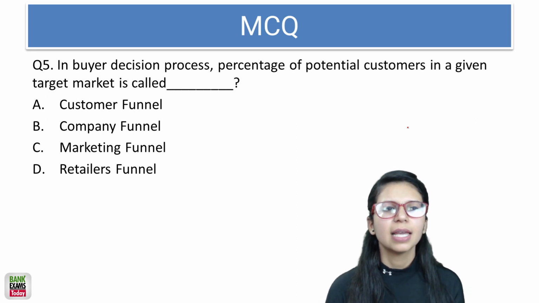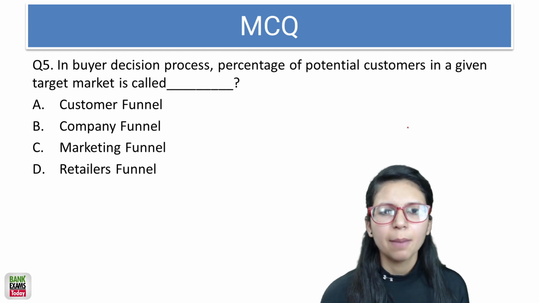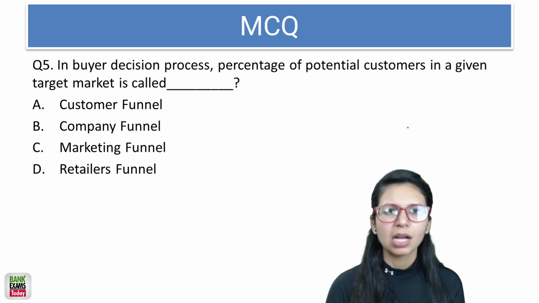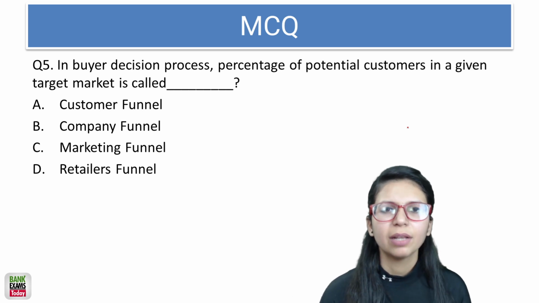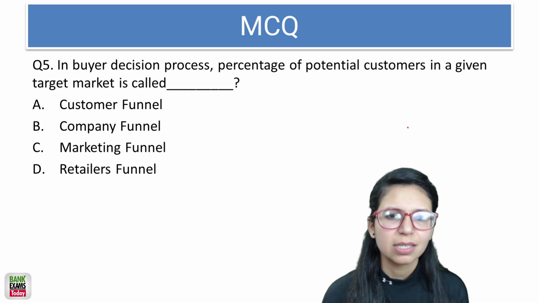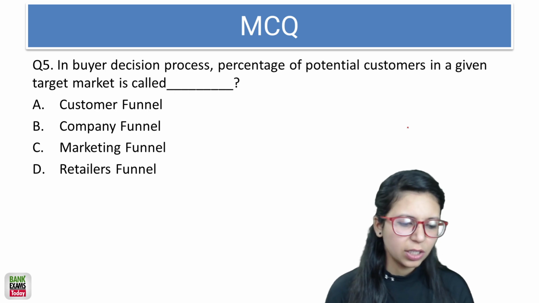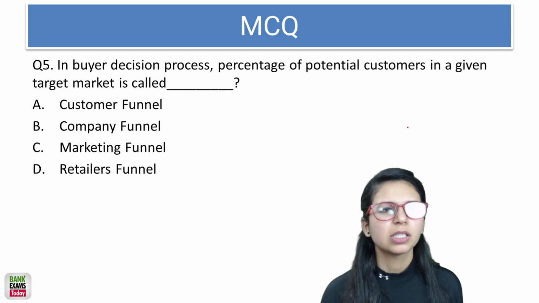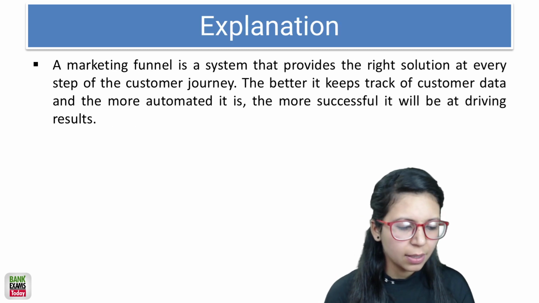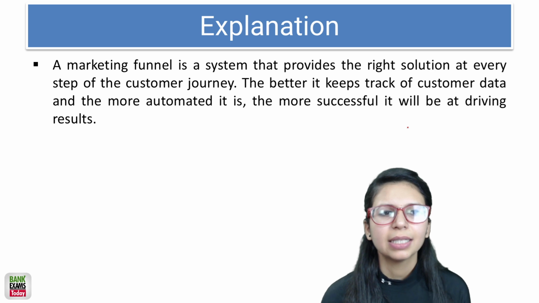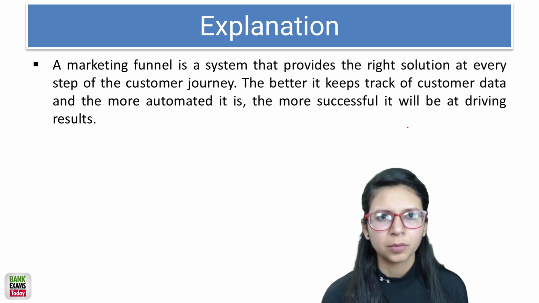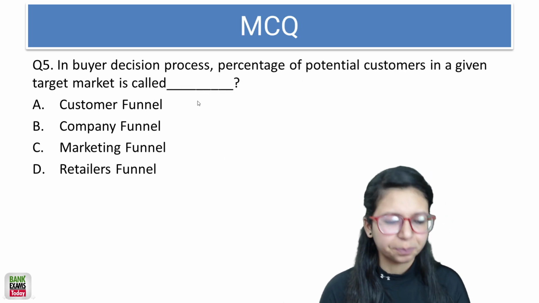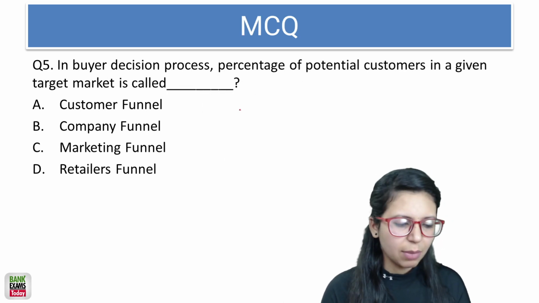Now the fifth question is, in the buyer decision process, the percentage of potential customers in a given target market is called. Now whenever there is the buyer's decision process, as we all know, let me show you that. And where the potential customers in a given target market, what is that? Let's see. Now that is a marketing funnel. What is a marketing funnel? It is basically, see, in the marketing funnel,